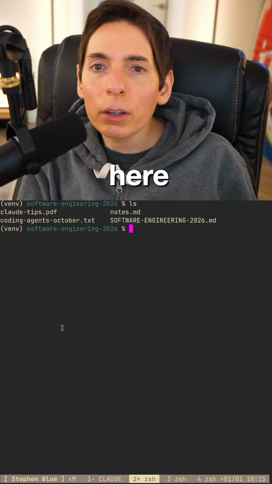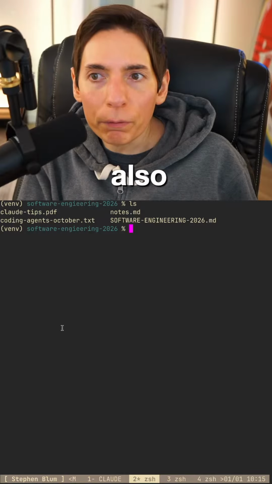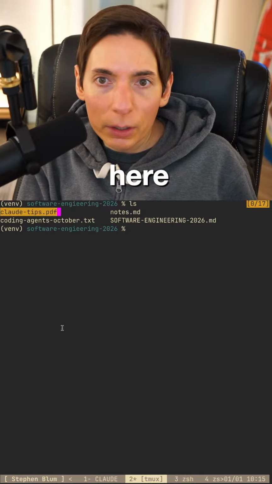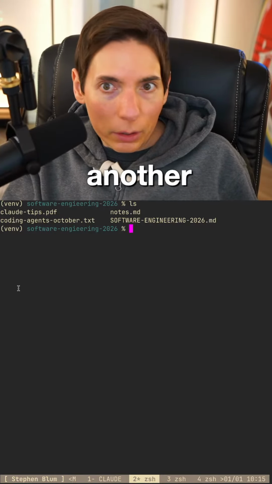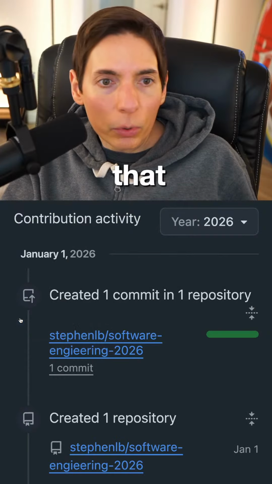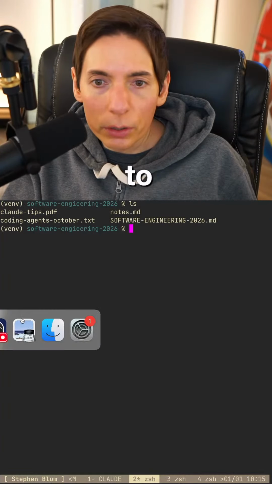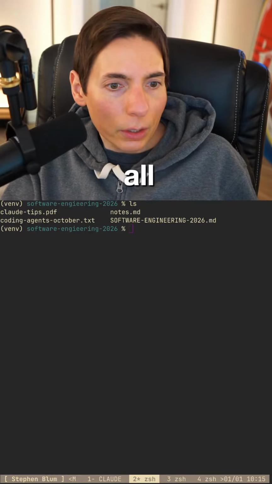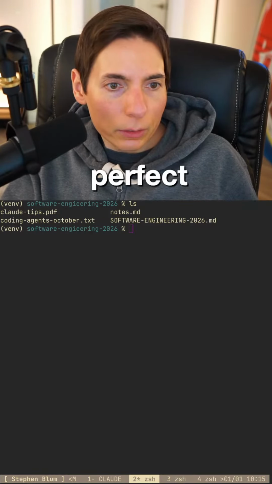Let's see here. I want to also convert these tips right here into another file. Grab that. One second. Where was that at? I want to go over here. Okay, perfect. I'm just going to copy and paste all this. Did that work? Yes. Okay, perfect.